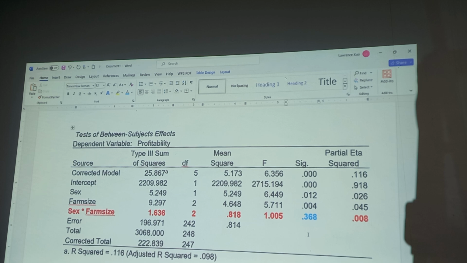This one is greater than that. So is it significant? No, not. So it means that sex does not interact in the relationship between what? Firm size and profitability. It doesn't matter whether the person is a female or male manager, the impact of firm size can still be felt on profit. Now, if you want to look at the main effects,